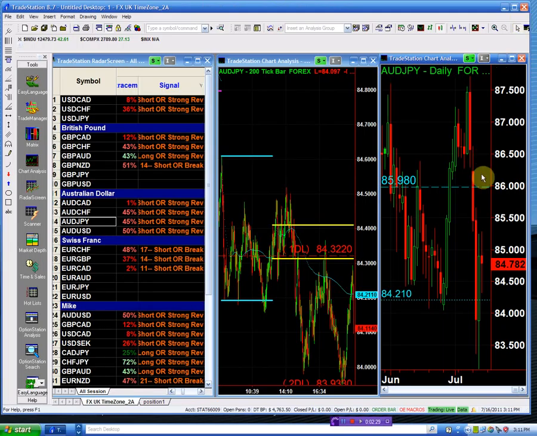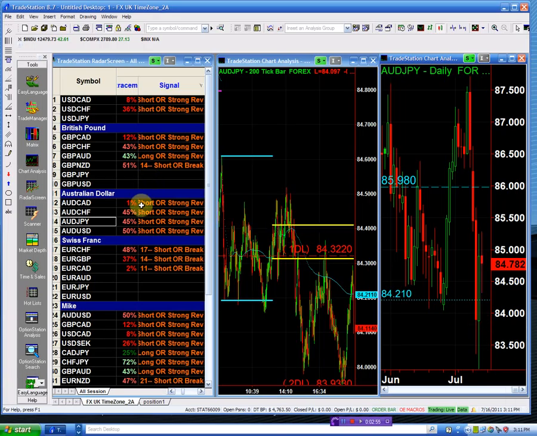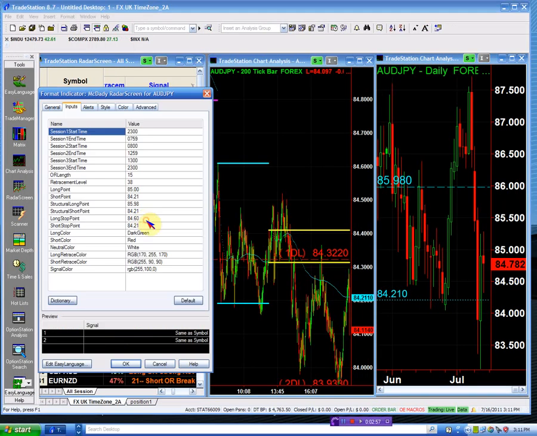Why extremely easy? Because now this is my structure point, 84.20. This is where it closed, and when it traded on that day, it made a low of 84.32, and it stopped and turned back around. So I'm not going to take it short unless it trades below the 84.32, and in this case I have a structure point of 84.20. So I'm not going to bother with the Aussie yen on the short side unless it trades below the 84.21,